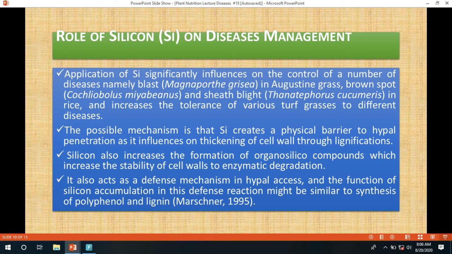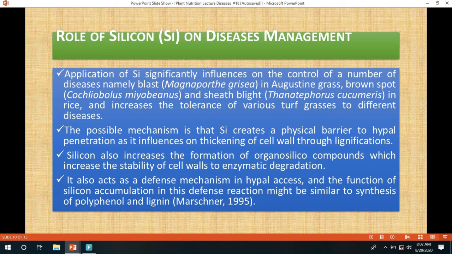the control of a number of disease namely blast, bagno, partha, visia in angusty grass known spot এটা হয়ে থাকে। The possible mechanism is the silicon create a physical barrier to hyperpenetration as it influence on thickening of cell wall through lignification. এটা আমরা বলছি lignification, এটা ইনক্রিজ করে ফলে সেল ওয়াল থিক হয় এবং ফাঙ্গাল প্যাথোজেন গুলো অথবা ব্যাকটেরিয়াল এজেন্টগুলো বা সেলগুলো এগুলোর ভিতরে প্রবেশ করতে পারে না। Silicon also increase the formation of organosilico compound which